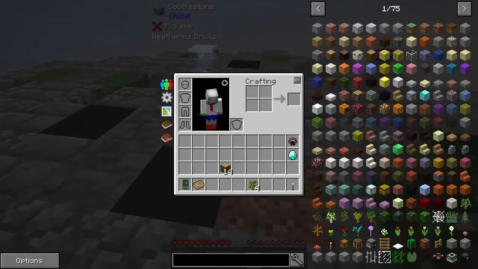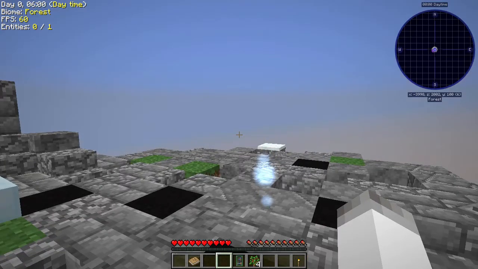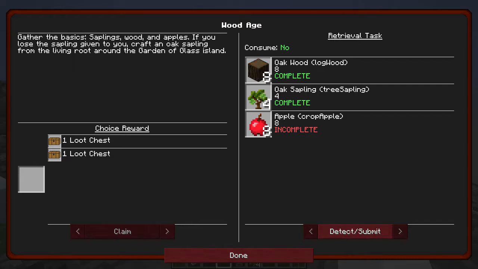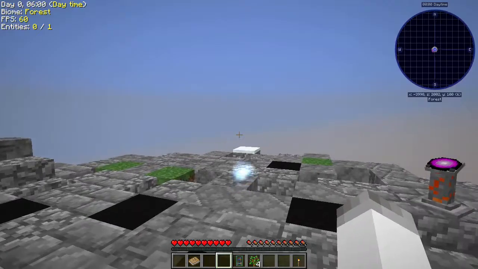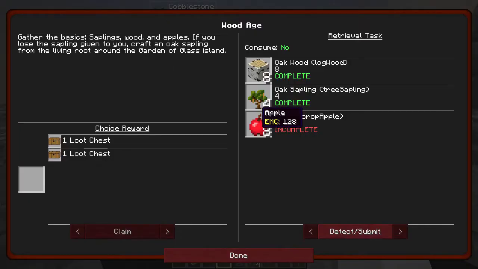Anyways, starting to get wood. How much of this stuff do we need? Let's get this to a better place. We can also hit a hotkey to go straight to the inventory, the quest book. Now, one thing I want to see,